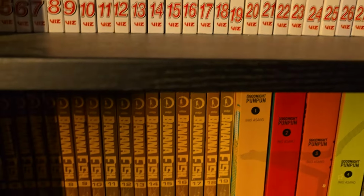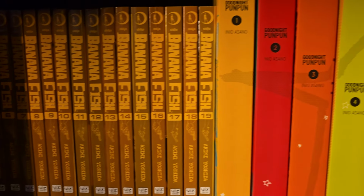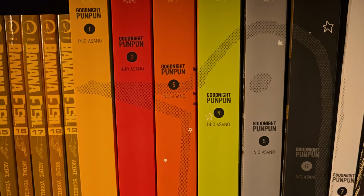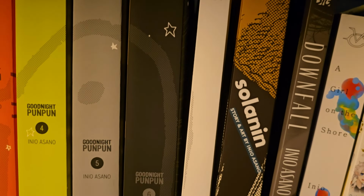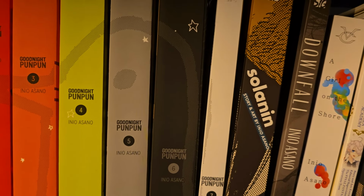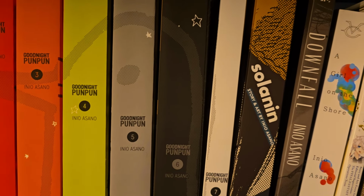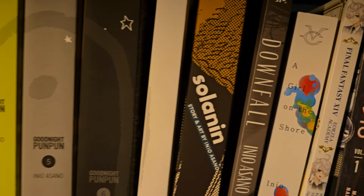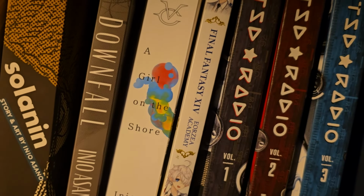And then below, we have the full set of Banana Fish, and then next to it, we have Goodnight Punpun, every single volume of Goodnight Punpun, 1 to 7. Then we have Saladin, which, by the way, I'm a huge fan of Inio Asano's work, so I try to collect everything that the man makes. I think I'm missing like 1 or 2 books, but I got most of them. So I got Saladin, we got Downfall, Girl on the Shore,